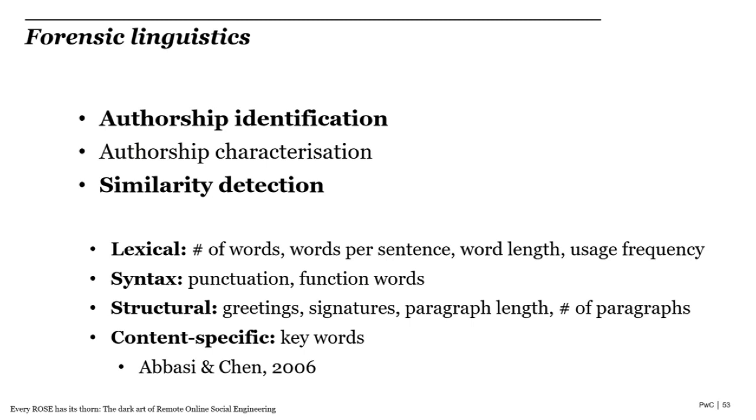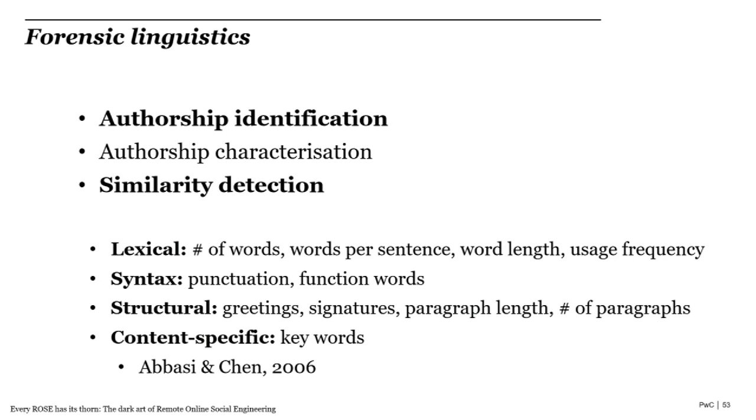Traditionally, forensic linguistics has been around for about maybe 50 years, maybe a little bit longer. And it's based on the assumption, very similar to the filters concept I mentioned earlier, that people have a consistent yet distinctive style of writing. There are normally three categories of forensic linguistics: authorship identification, so when you're trying to ascribe a particular piece of text to a known individual. There's authorship characterization, which is simply where you're building a profile of someone's writing style. And then there's similarity detection, where you're trying to find out how similar two different texts are.